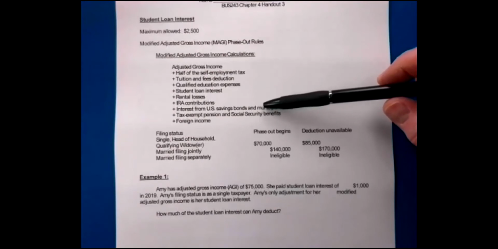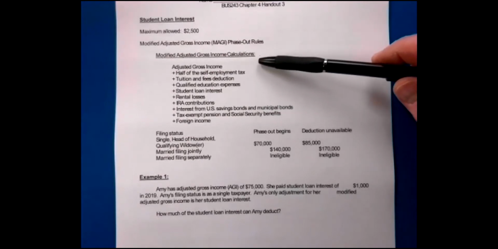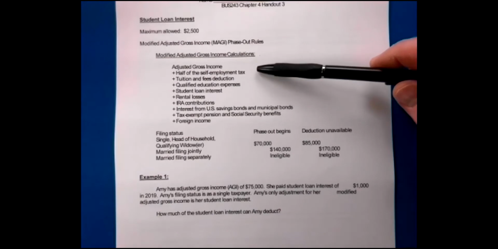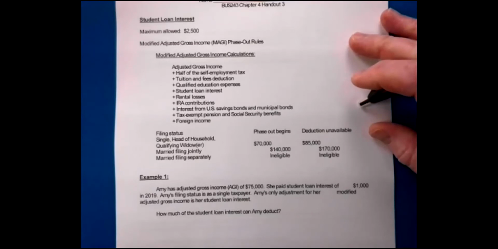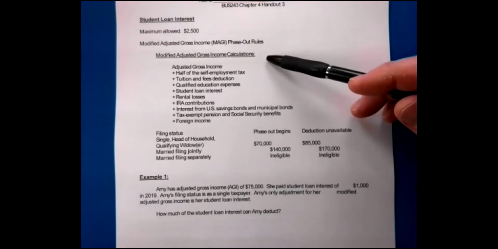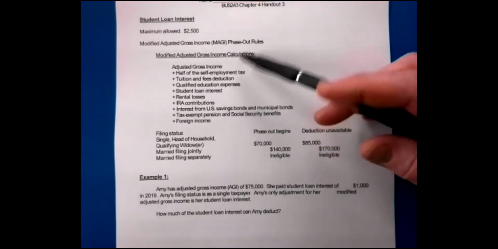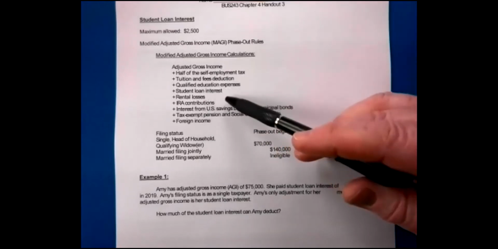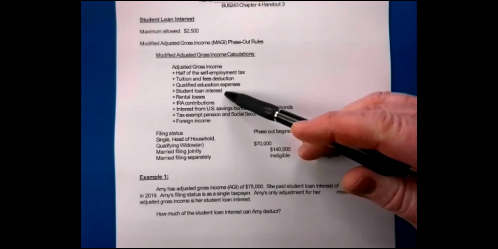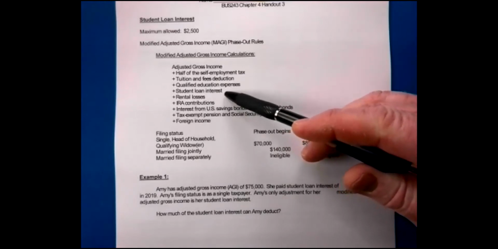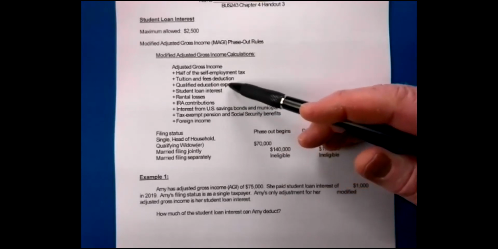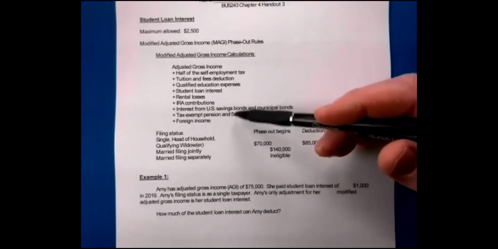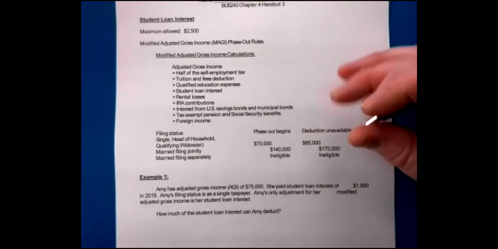So these are things that you get to deduct for your adjusted gross income, but basically you add those back in when you get your modified. So you'll take your adjusted gross income and then add back in any of these things. And the one that's obvious for us is going to be student loan interest. That's what we're talking about writing off, so that will definitely get added back in. There are some other things here, but we'll focus on the student loan interest.